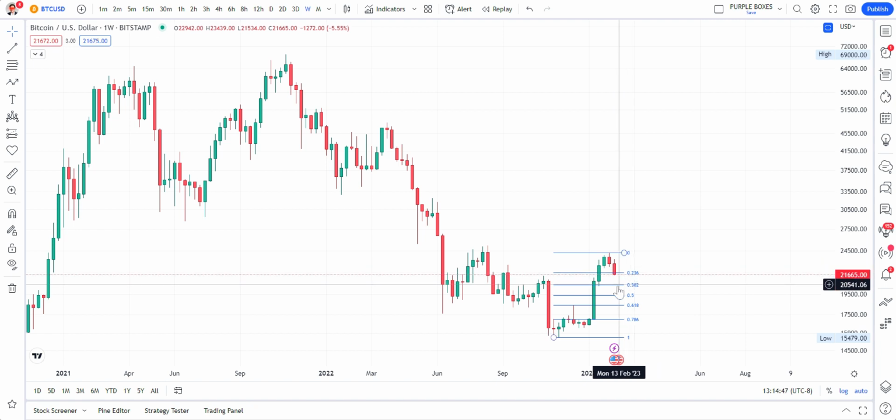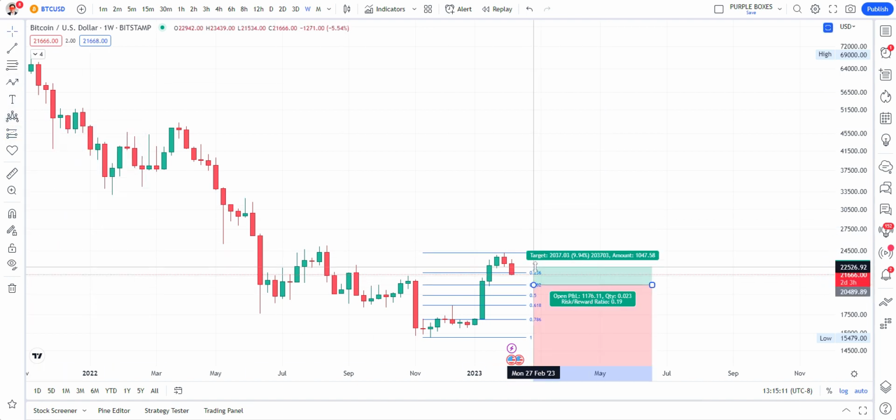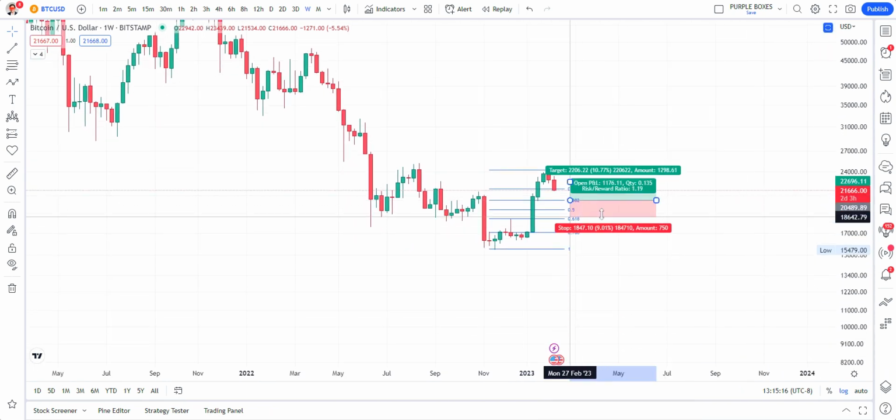If you're going to take a position, be willing to lose 1%. If you're putting your whole bag, I don't know how much it is, let's just say your whole bag, if you're going to put in $10,000, set up your stop loss. This is very important. Set up your stop loss, something like this, and just be willing to risk 1%. Don't risk any more, because